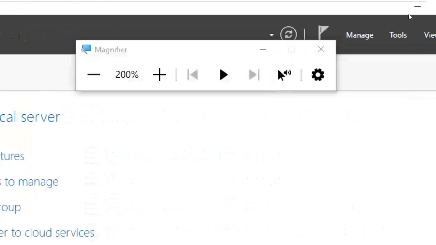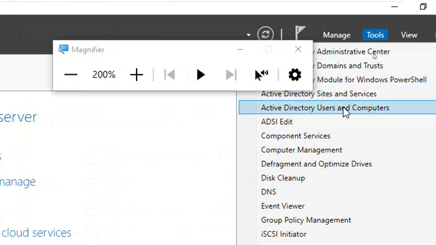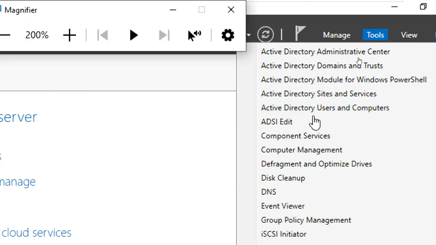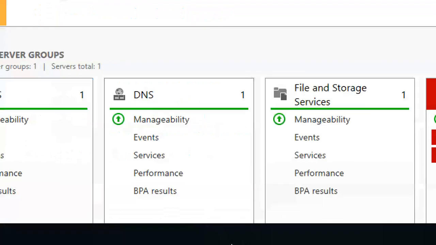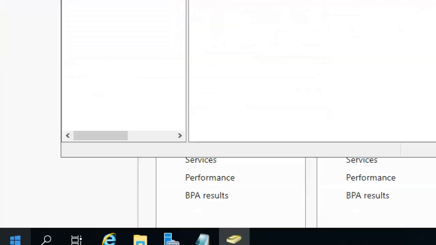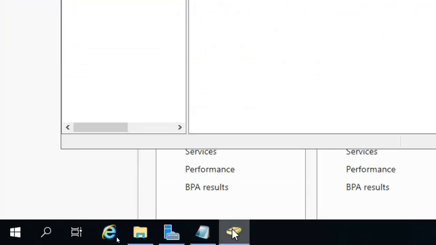Next, go to Server Manager, Active Directory Users and Computers. I'm going to Server Manager, Active Directory Users and Computers. So this is the book symbol.